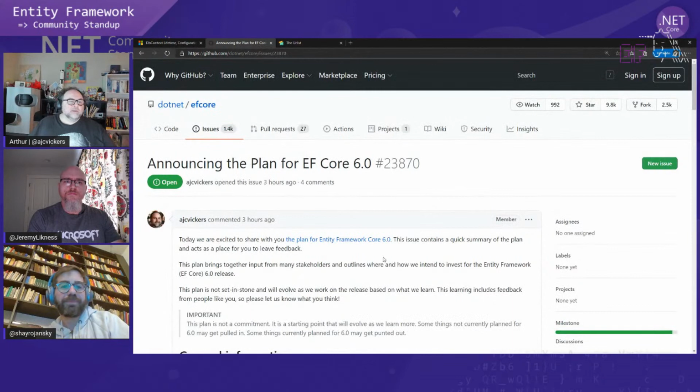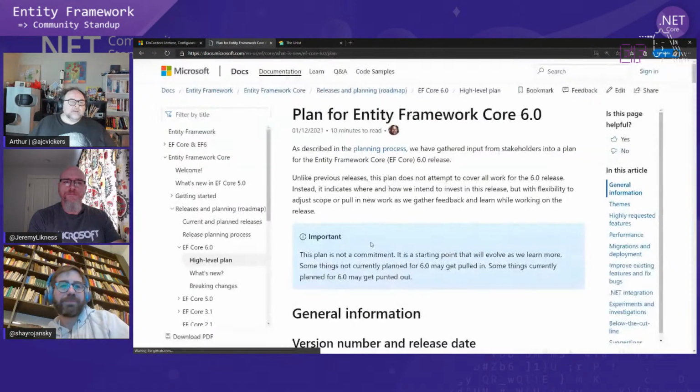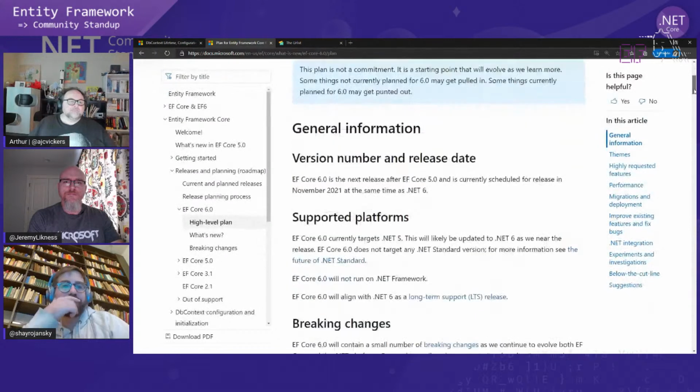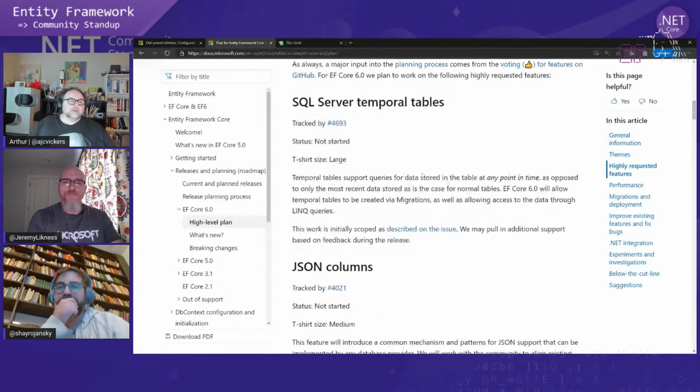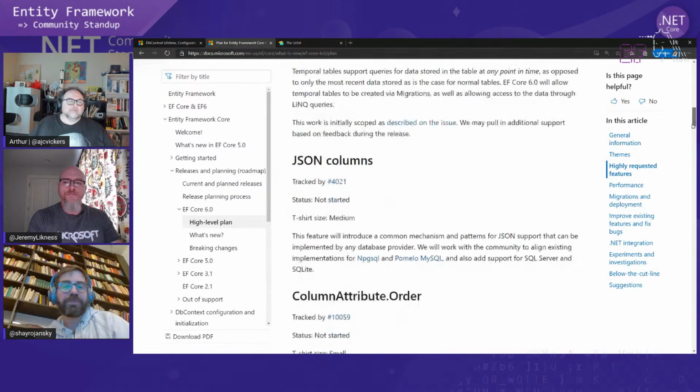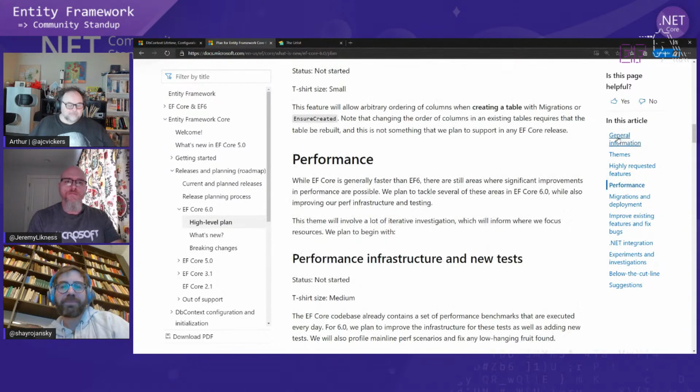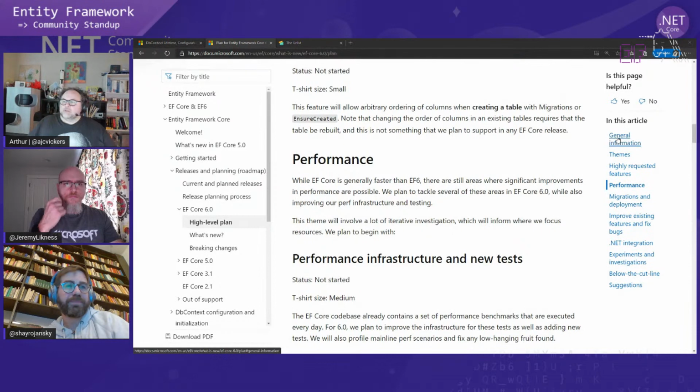So that's on GitHub. The full plan itself has more detail and is published to our doc site. So, you know, we've got a bit more detail with links to tracking issues, that kind of stuff on there. So go look there. Coming back to the state of the unicorn,